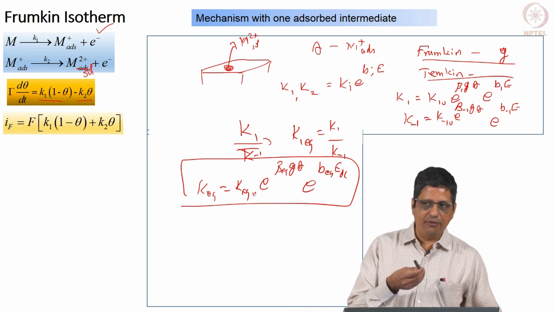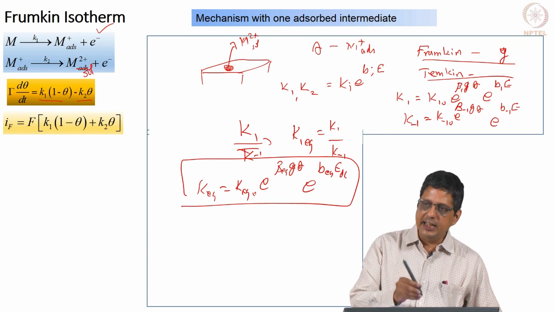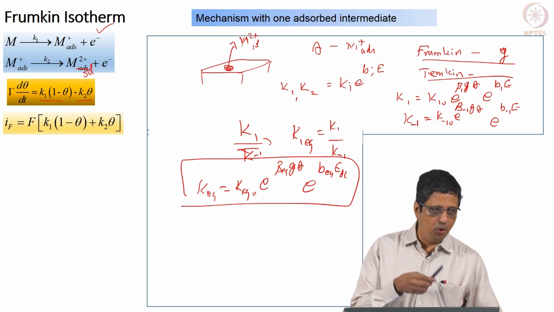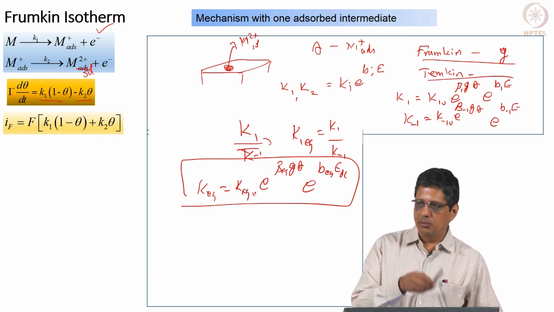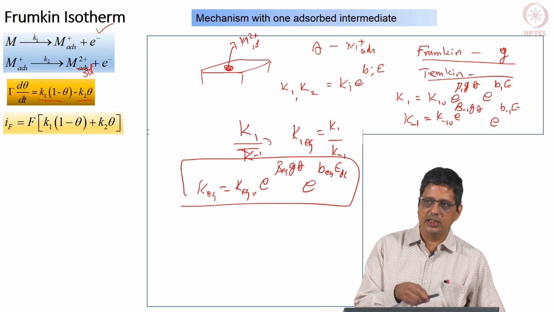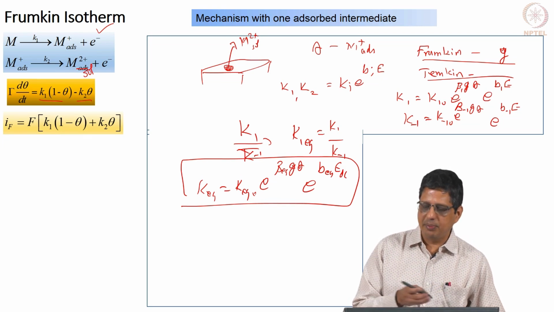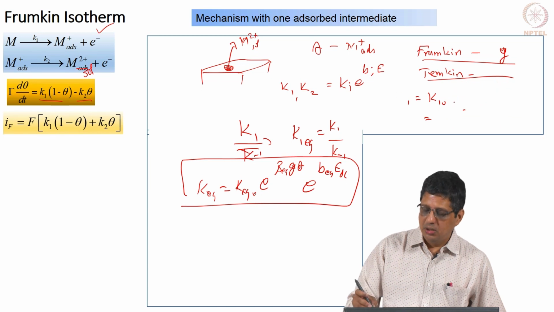If you have other way of finding and identifying the sites are different, then you can say it is Temkin. If you have some way of proving sites are equal, but the moment I put one species I am not able to put another species next to that by some other technique, then you can say yes, Frumkin isotherm is operational here. So, as an analogy, sometimes I give this example.